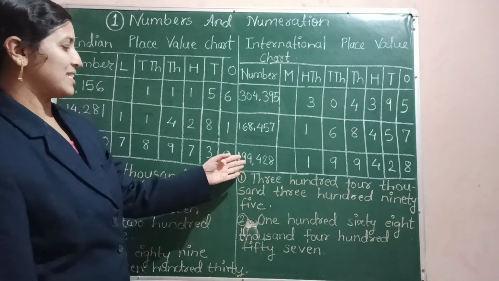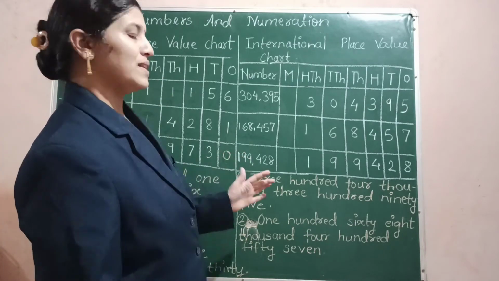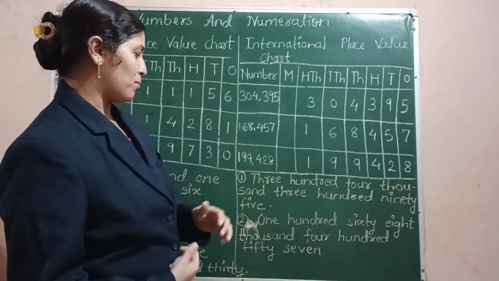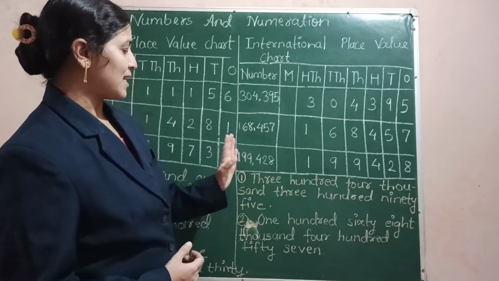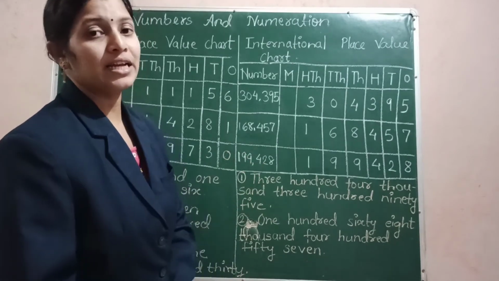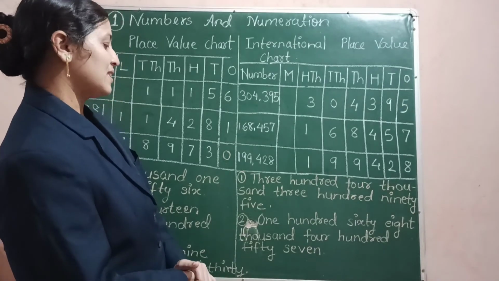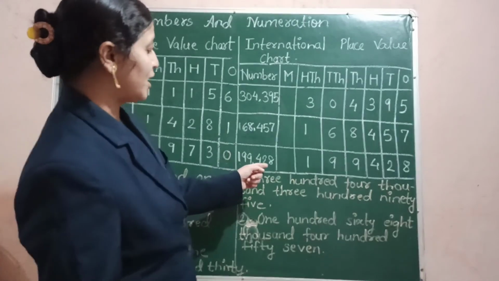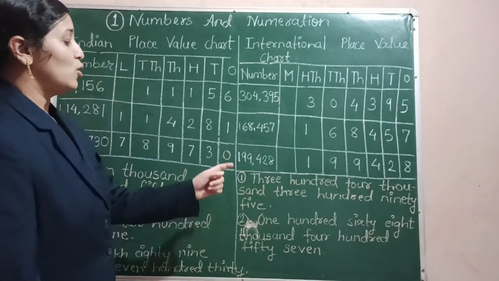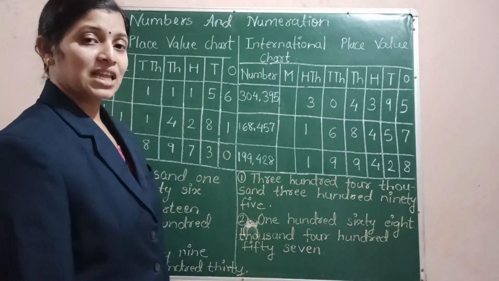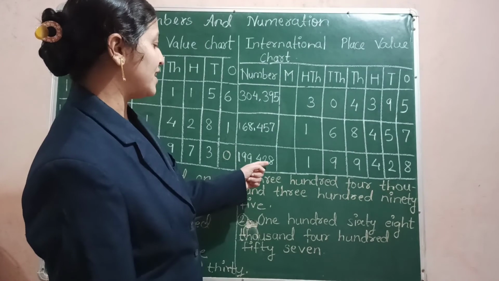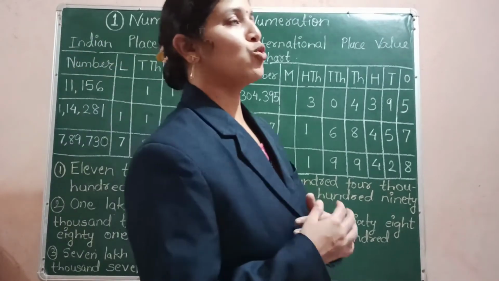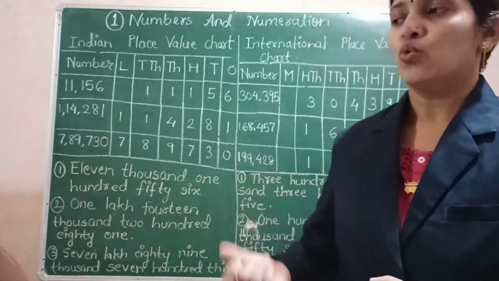457. So also you can see the third number. What is it? It is also a 6-digit number like the other 2 numbers, and it is also separated by a comma. So the 2 periods are separated here, and we read this number like 199,000. 199,428. How do we read it? 199,428. So these were some numbers which I have shown you how to read and write in words.